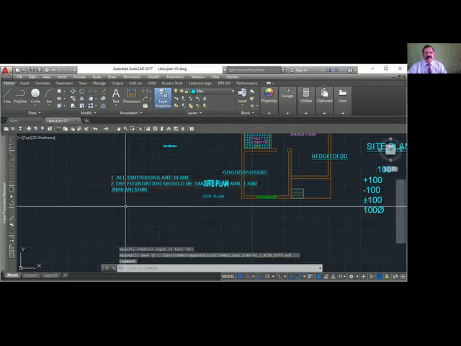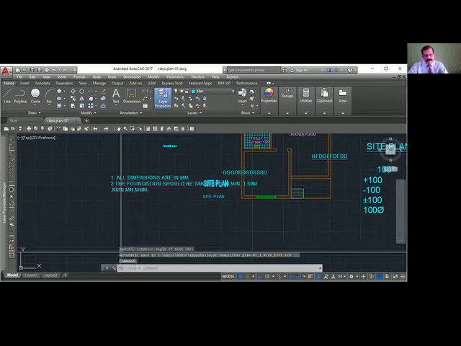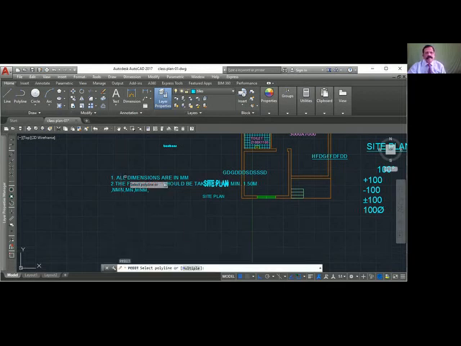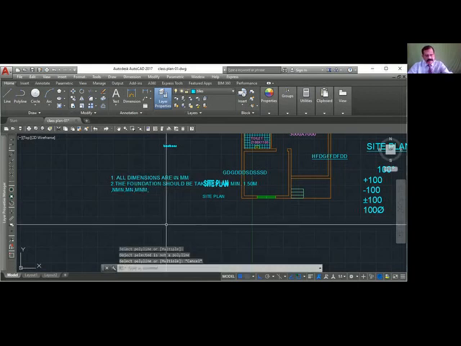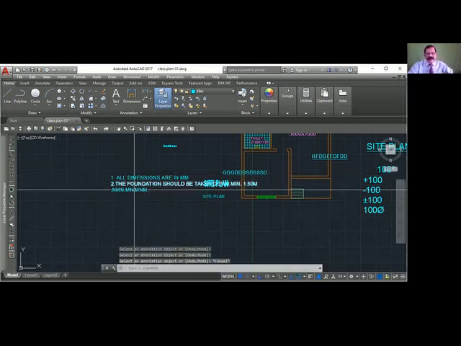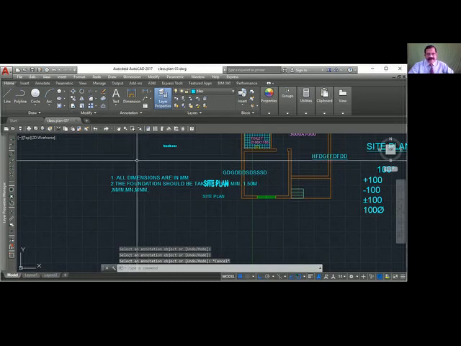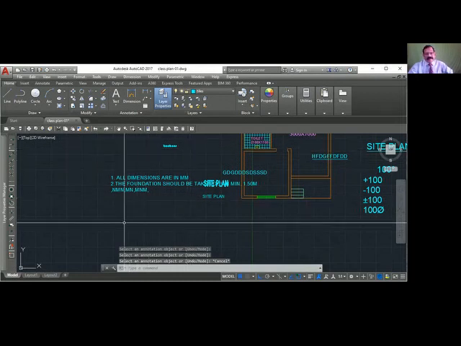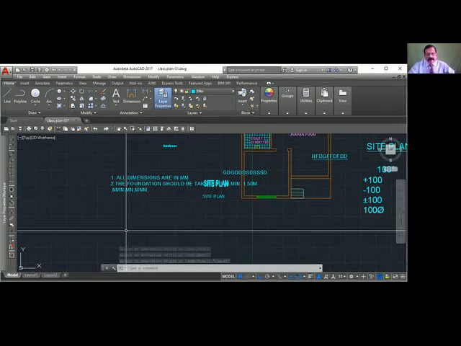When I finish the writing, and if I want to edit this, you can use the edit command also. Click. I have to correct this one by one. Text edit. I have to edit this. Then I have to edit this. It is difficult because these are single objects. So if you want to write that type of specification, you will be using a command called mtext, multi-line text,